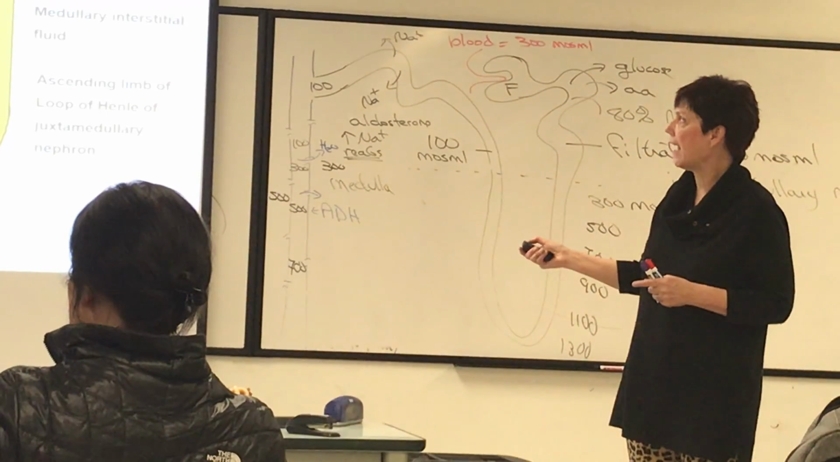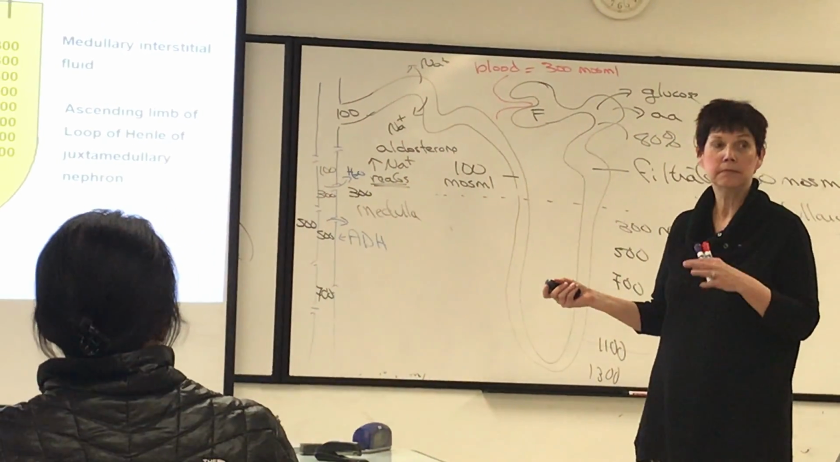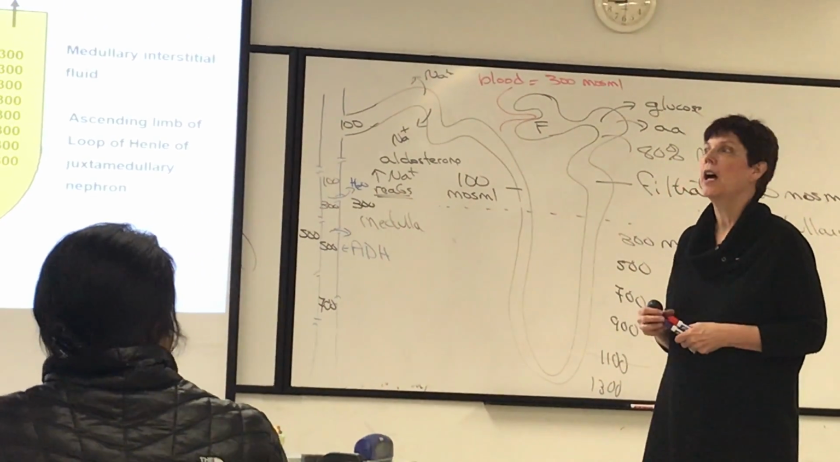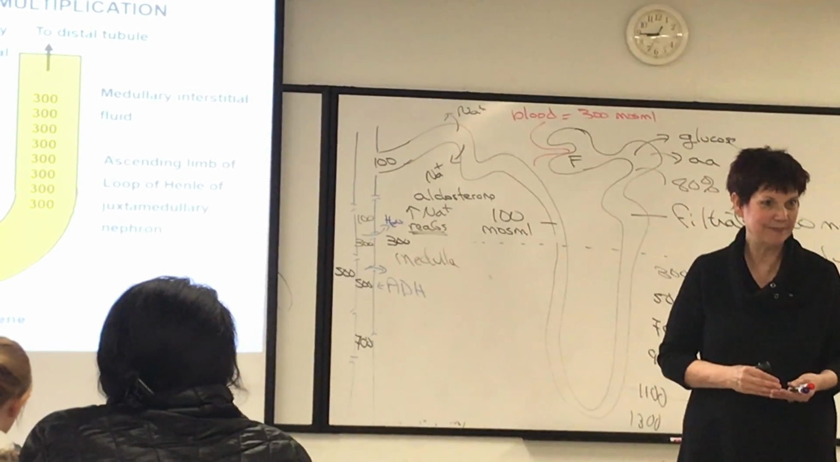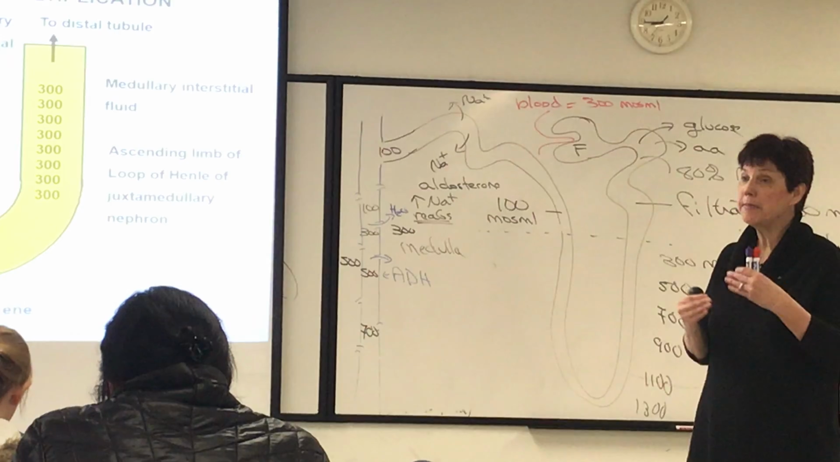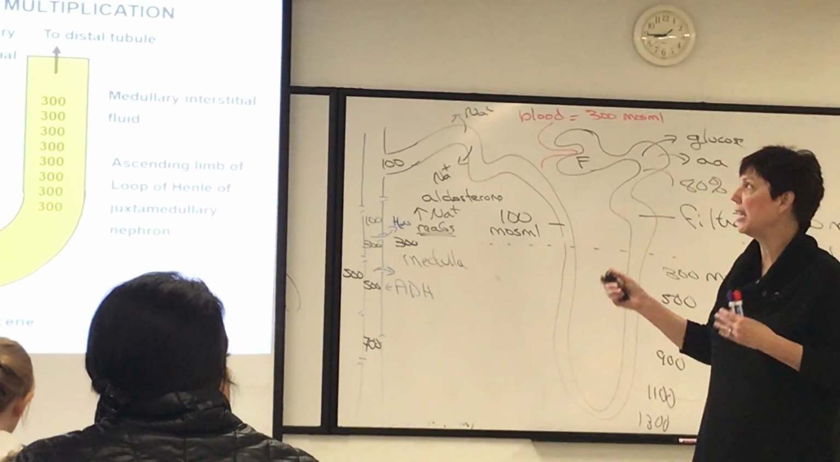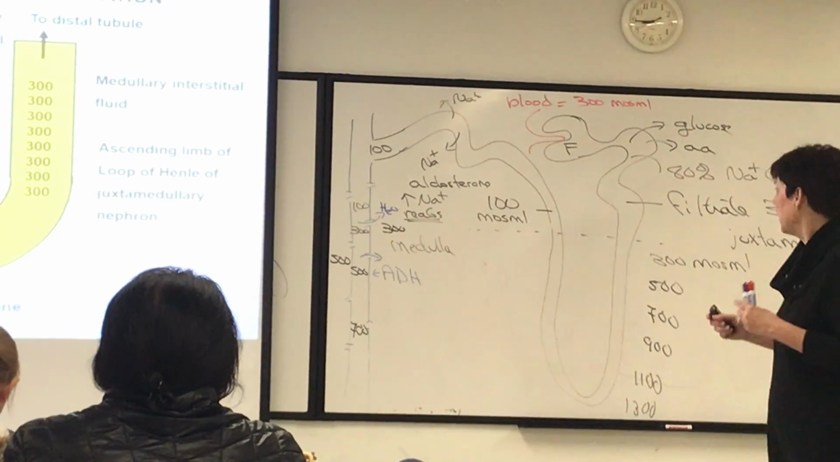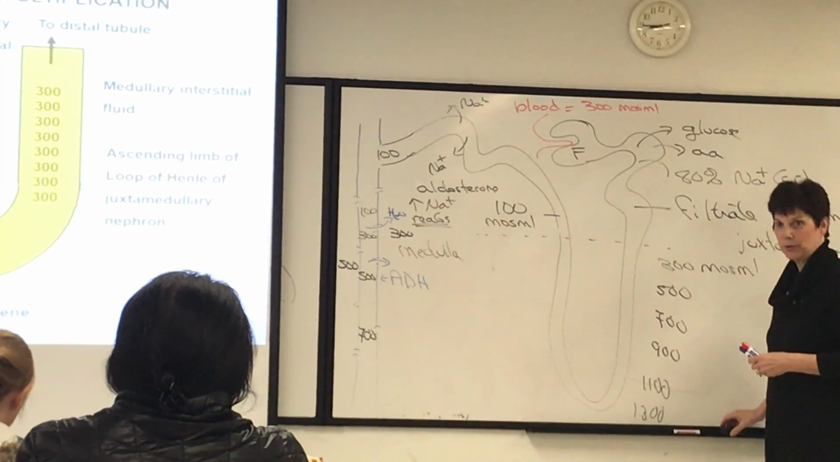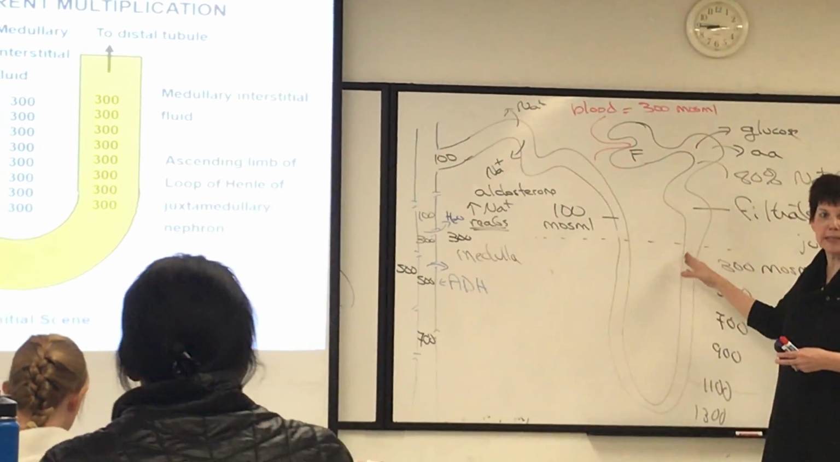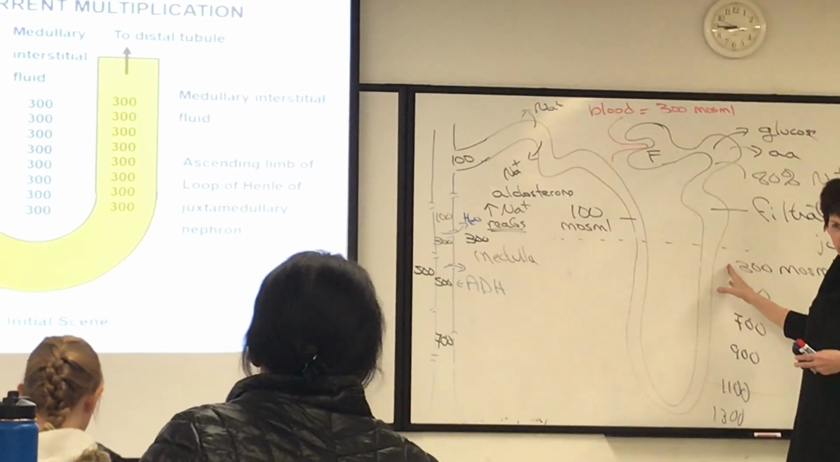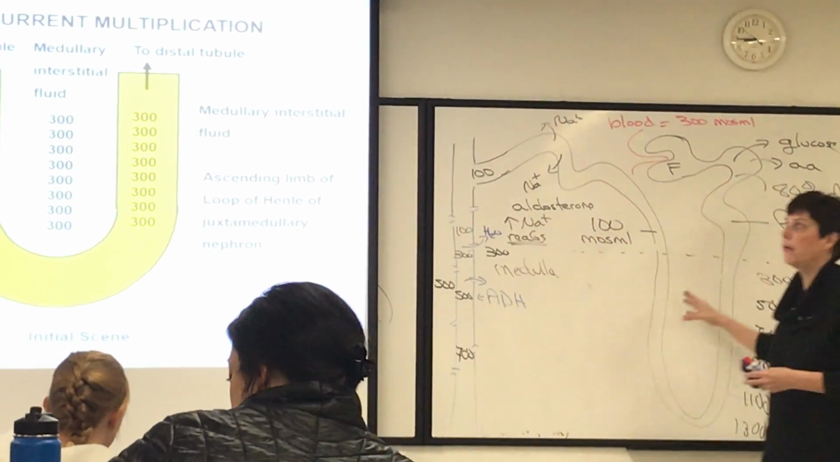Secondly, we have pumps, sodium-potassium pumps, that are going to move sodium ions out of the filtrate. They have a limited maximum. They can only create a gradient difference of 200 milliosmoles. So there can only be a difference of 200 milliosmoles between what's in the filtrate and what's outside the filtrate, okay? However,